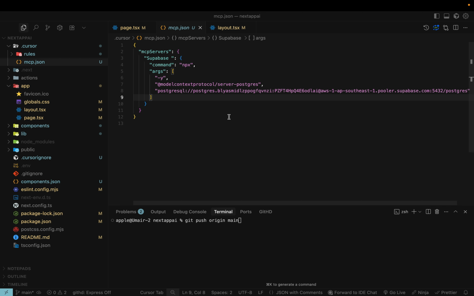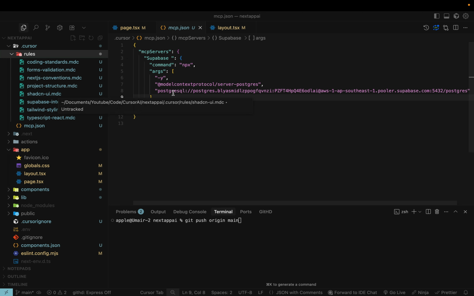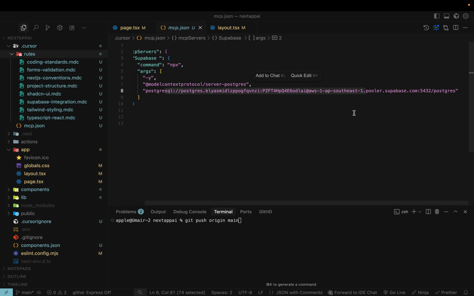Cursor has some pre-built defined rules links as well. This is the real PostgreSQL database which I have got from Supabase. Okay, I'm going to delete this database after this tutorial, so make sure you use your own. Okay, so now